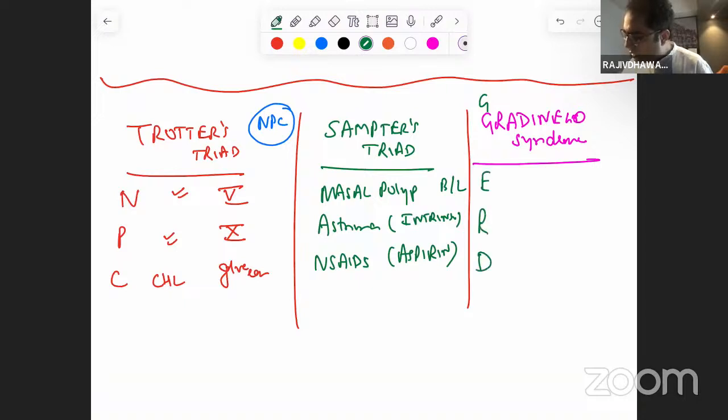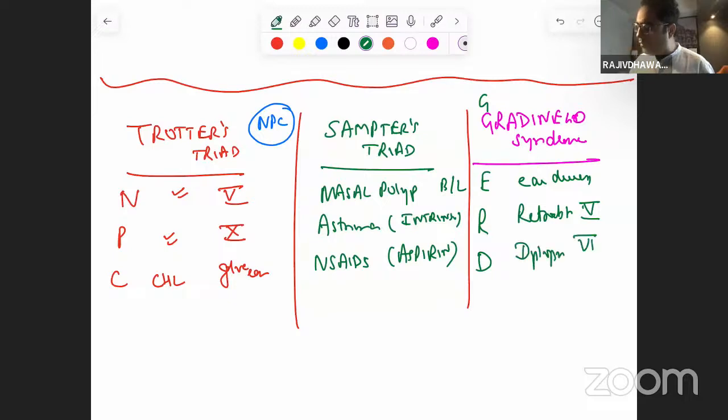G-E-R-D. E for ear discharge. R for retroorbital pain due to 5th nerve involvement, and D for diplopia due to 6th nerve involvement. Why? Because at the petrous apex, the 5th and 6th nerves are there. They are damaged by the infection from the ear. So GERD, Gradenigo syndrome. G for Gradenigo, E for ear discharge, R for retroorbital pain, D for diplopia due to